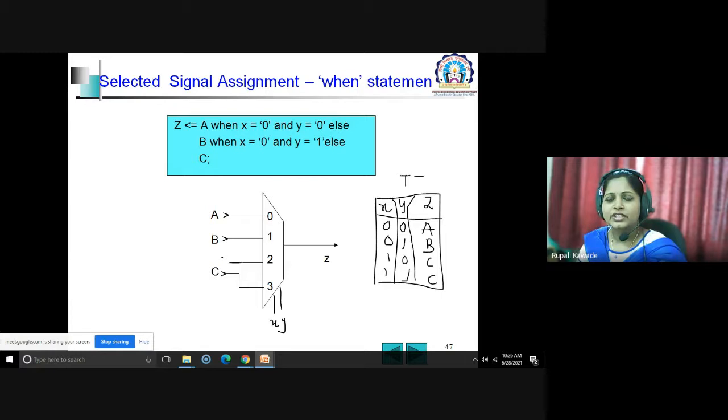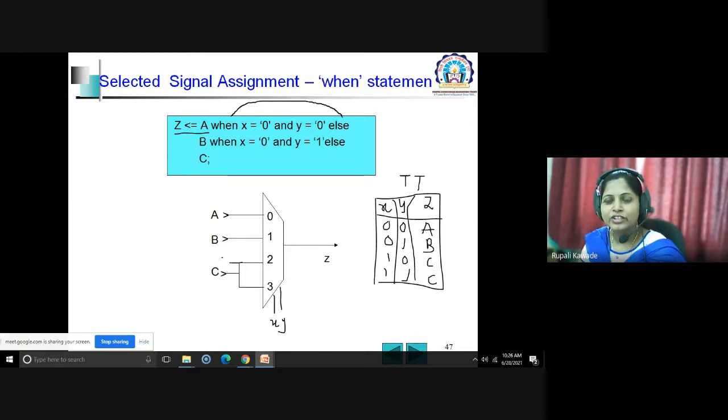So in this case, if you have to write it in terms of Boolean expressions, you can write a concurrent statement. Here, z equals a means z will be initialized with the value a when, where when else is a clause.